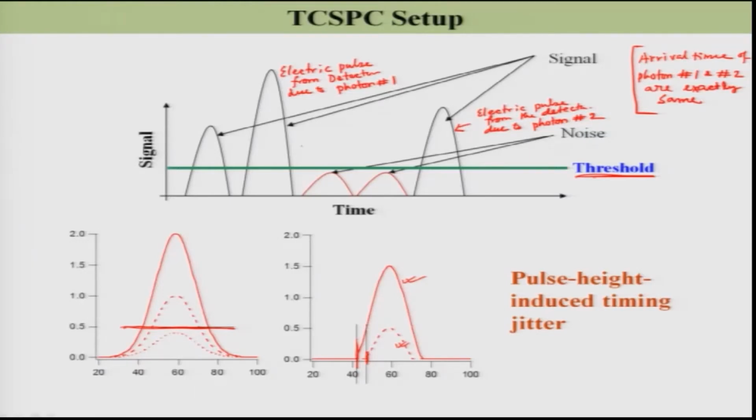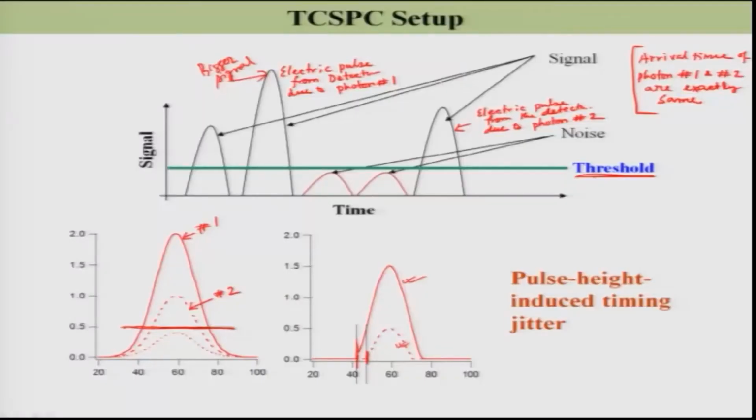So, I got a bigger signal for photon number 1, and a small signal in the case of photon number 2. So, this is number 1 and this is number 2. If they arrived at the same time, then these two signals should reach the detector exactly at the same time,